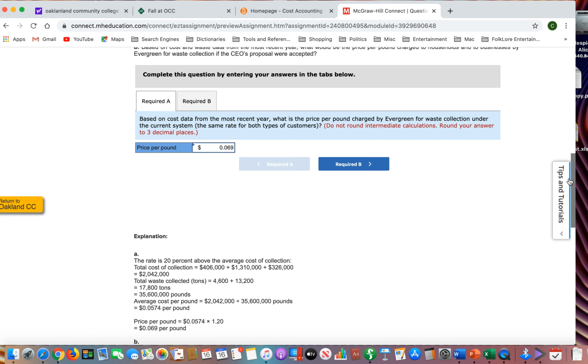They convert the tons to pounds before I did or after I did, but we come to the same number. I got 0.05736, which is the same as 0.0574 if you round it off to 4 decimal places, and then mark it up 20%. But then the second part,